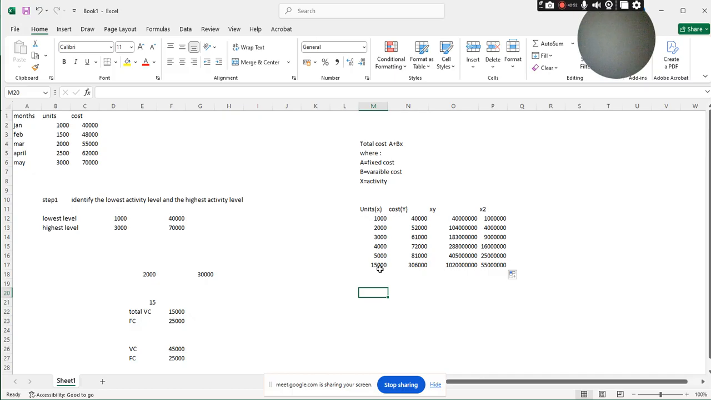So we say, okay, let's get our n. 1, 2, 3, 4, 5. Our n is 5, right? So we say it is equal to 5, open bracket, summation of xy, open bracket, this, minus summation of